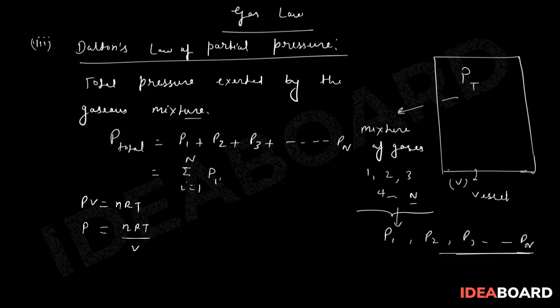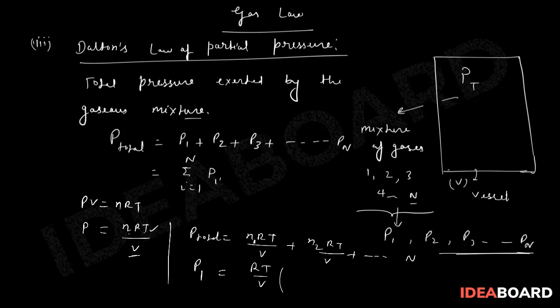Okay, so if T is same for all gases and V is obviously same because the container has volume V, n and R are constants, so we can write here that P total will be is equal to nRT by V, but number of moles will be different for each gas, so n1 RT plus n2 RT by V, dot dot dot to n terms. So now this RT by V is constant which can be taken outside. This is P total equal to RT by V times n1 plus n2 plus n3 up to n terms.